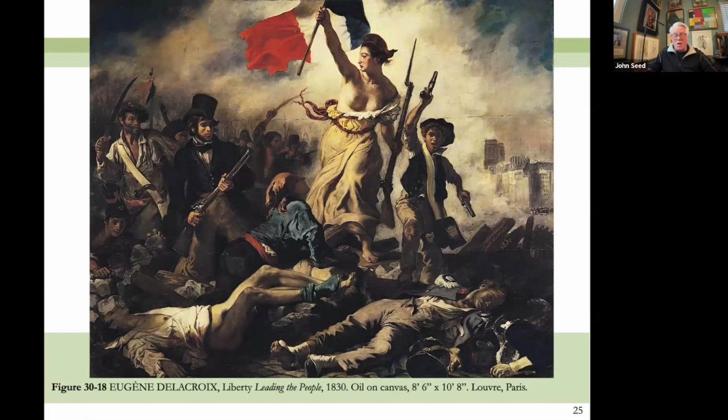And that's the moment that we see in 1830. We see an allegorical figure of liberty. And of course, that makes you think of the French Statue of Liberty, the greatest gift they ever gave to the United States. But that kind of allegorical figure has been brought back, bare-breasted, and she holds the French tricolor, the flag of the revolution, which is happening again. And with some of the citizen soldiers, including a banker and a boy with a pistol. They trudge over the bodies of those who have lost their lives in the smoke and in the chaos,